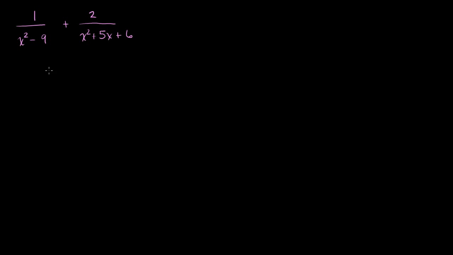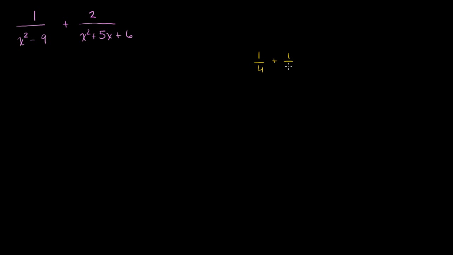Just like we did when we first learned to add fractions or to add rational numbers, we always had to come up with a common denominator. So once again, we're going to have to come up with a common denominator. And what we really want to do is find the least common multiple of these two expressions. And when I say that, let me just remind you. Let's say we wanted to add